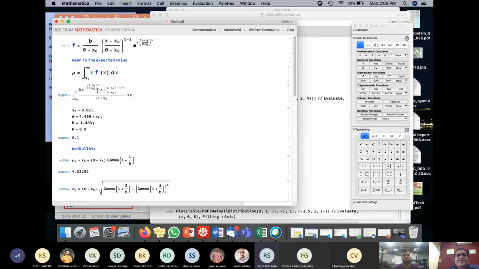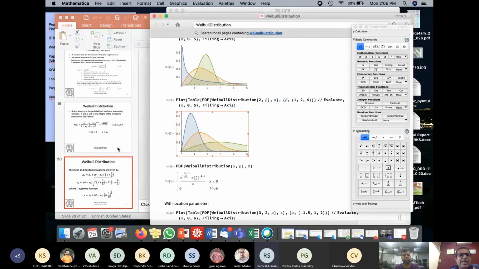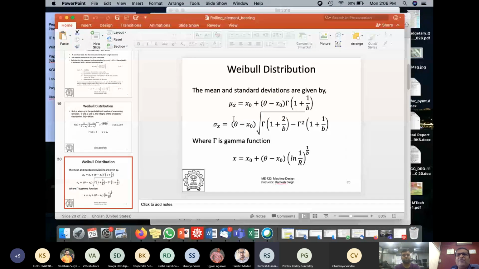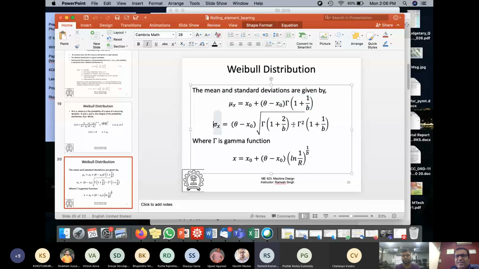So these are some basic statistics which you are supposed to know. I'll not go into detail there, but I'll give you this information. Mean is this, standard deviation is this, and since there does not exist a very closed form solution for this standard deviation, people use something called integral tables, and out of those integral tables, these are the functions.